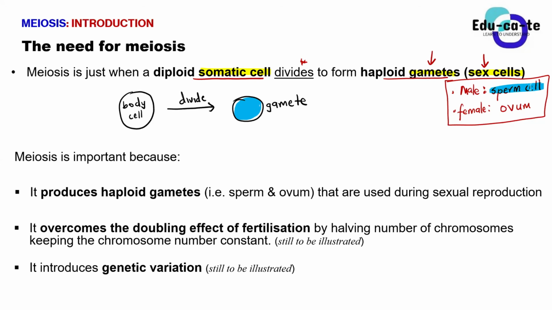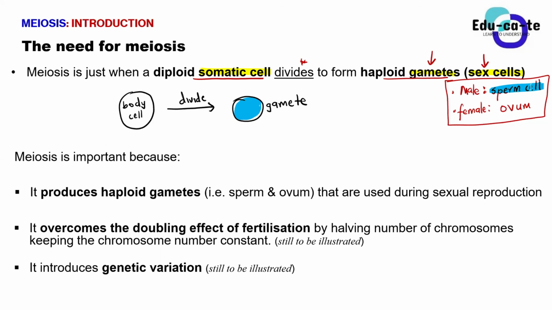And the gametes that we're talking about for males, as a male, we're going to form sperm cells. So basically, meiosis is that process whereby the diploid somatic cell divides to form the haploid gametes. So the gametes are simply your sex cells. For males, it is the sperm cells. For females, it is the egg cell, but we say it's known as the ovum. Are we together, guys? Yes. Guys, do we have any question again here? All right. Yes, Sam.